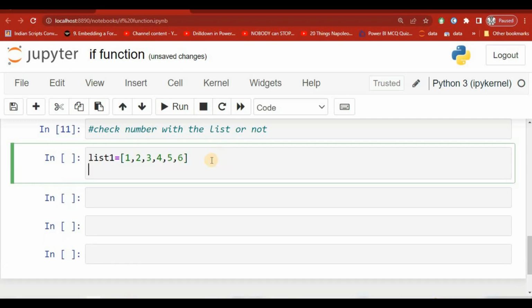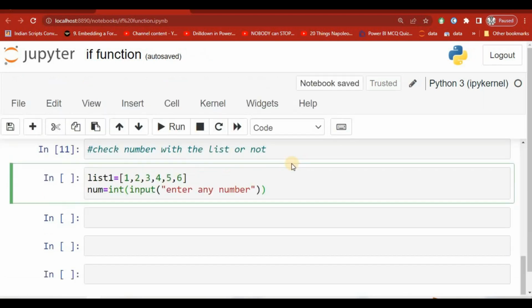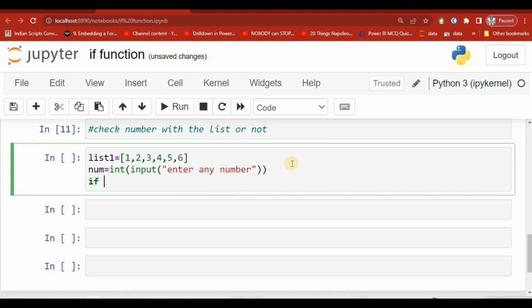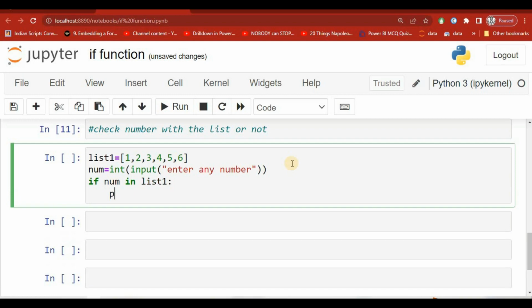Now I will take input from the user, enter any number, if num in list1. If you find this num in list1, then we need to print number is within the list,